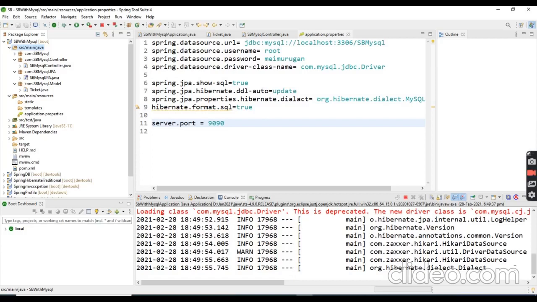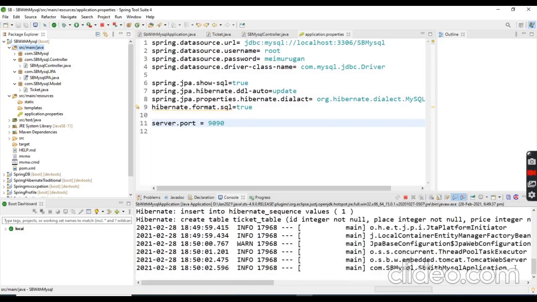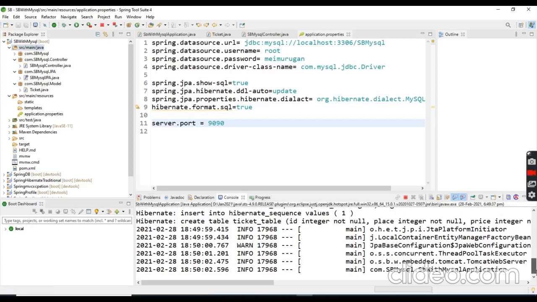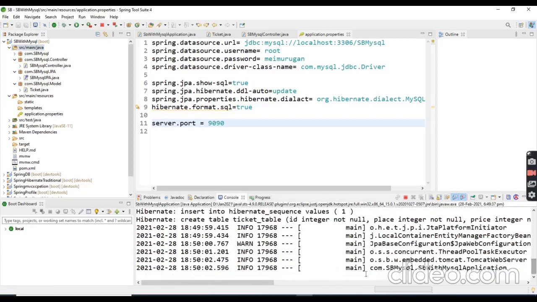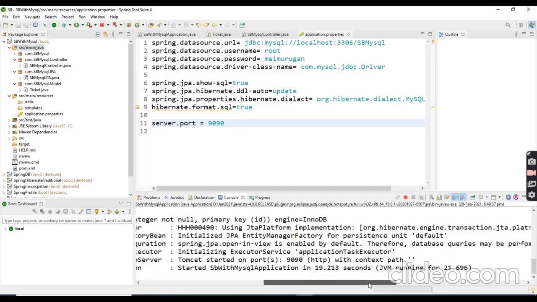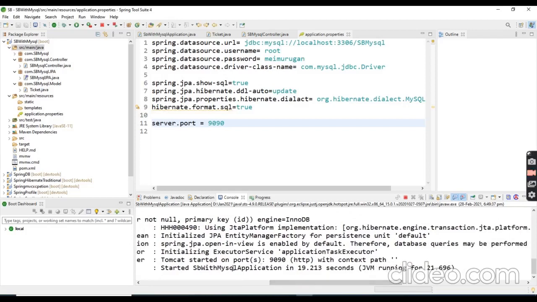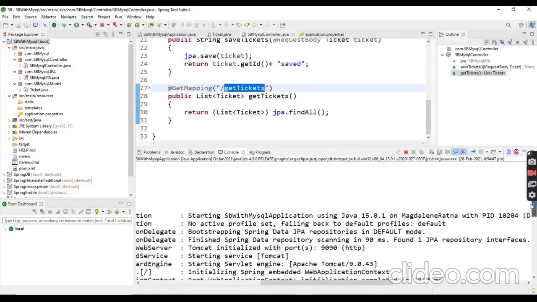Yeah, it's running. The show SQL property is showing the SQL commands. Yeah, the application started at port 9090.